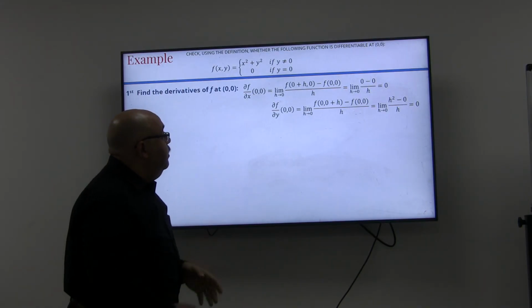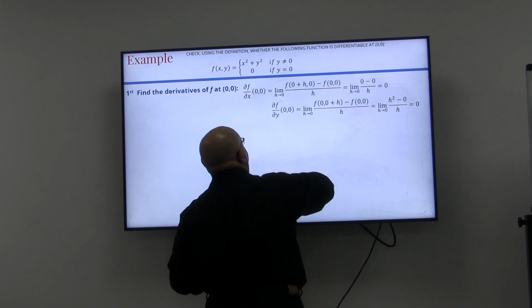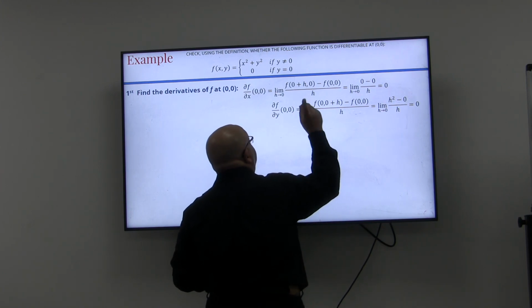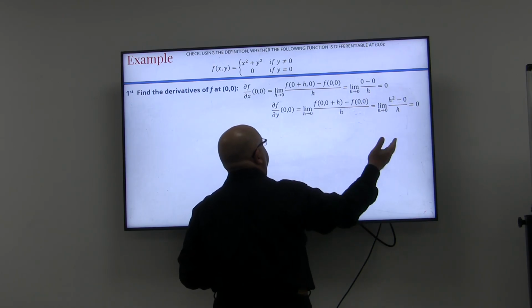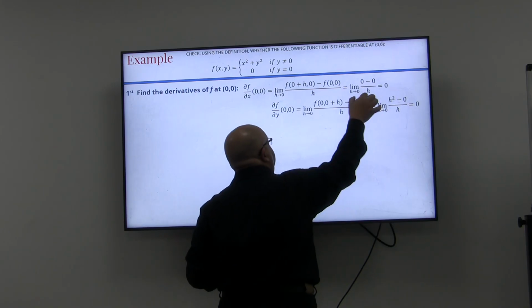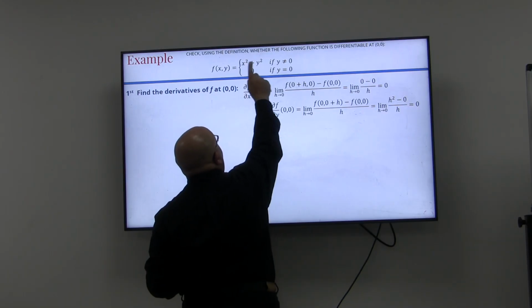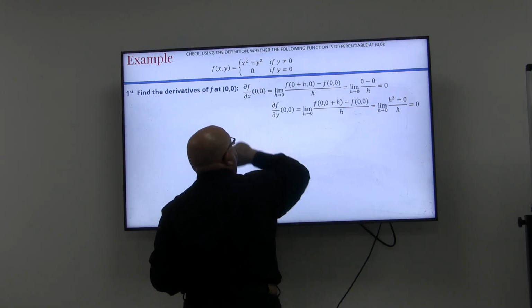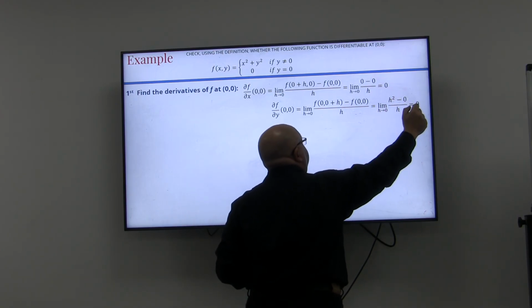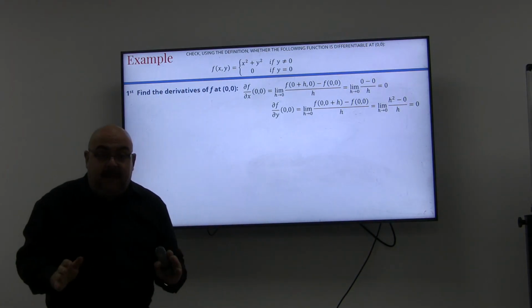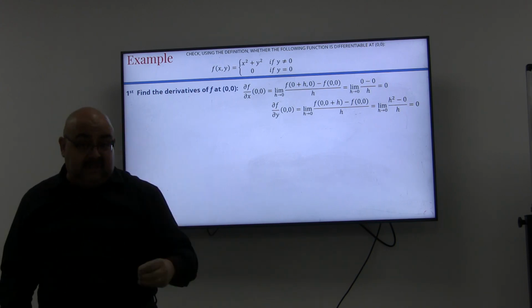In a similar manner, for studying the partial derivative of f at the origin, it will be exactly the same: 0 for the x component, 0 plus h for the y component. Taking h equal to 0, this is equal to 0. This is going to be h squared, because this is 0 to the power of 2, and this is 0 plus h to the power of 2, which is h squared. So h squared minus 0 over h is going to be h, and taking the limit to 0, it's going to be 0. So bottom line, the first condition is satisfied, that both partial derivatives already exist